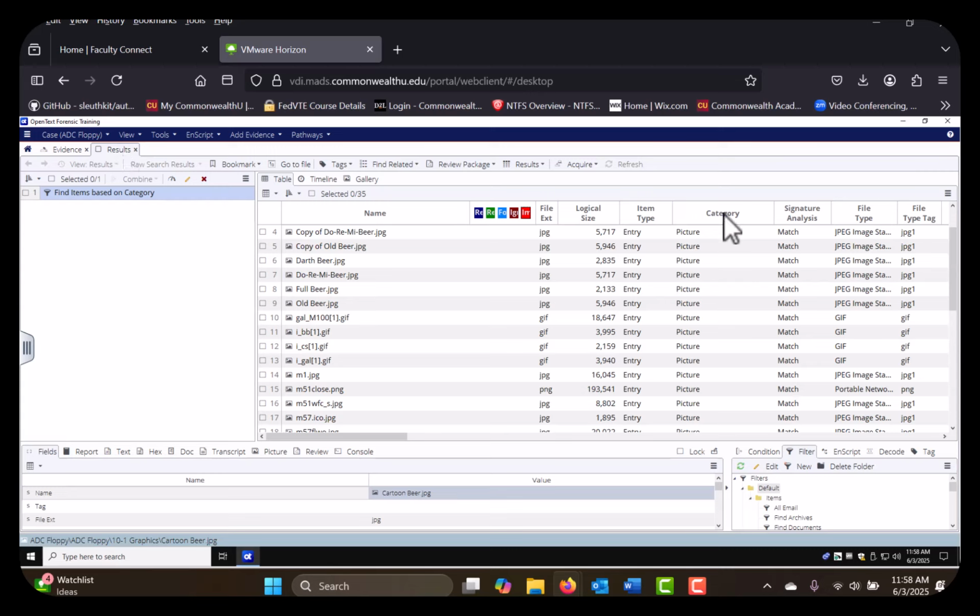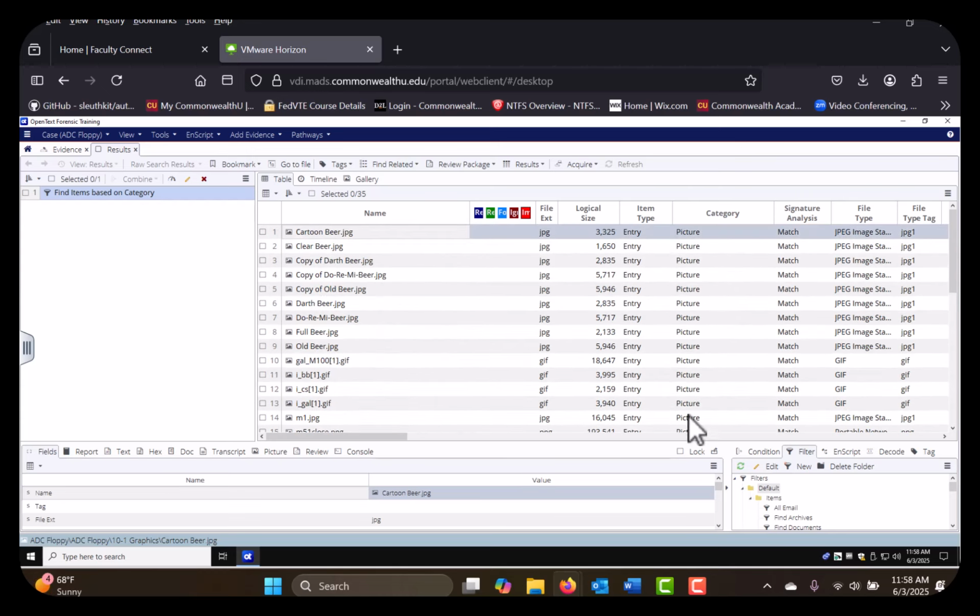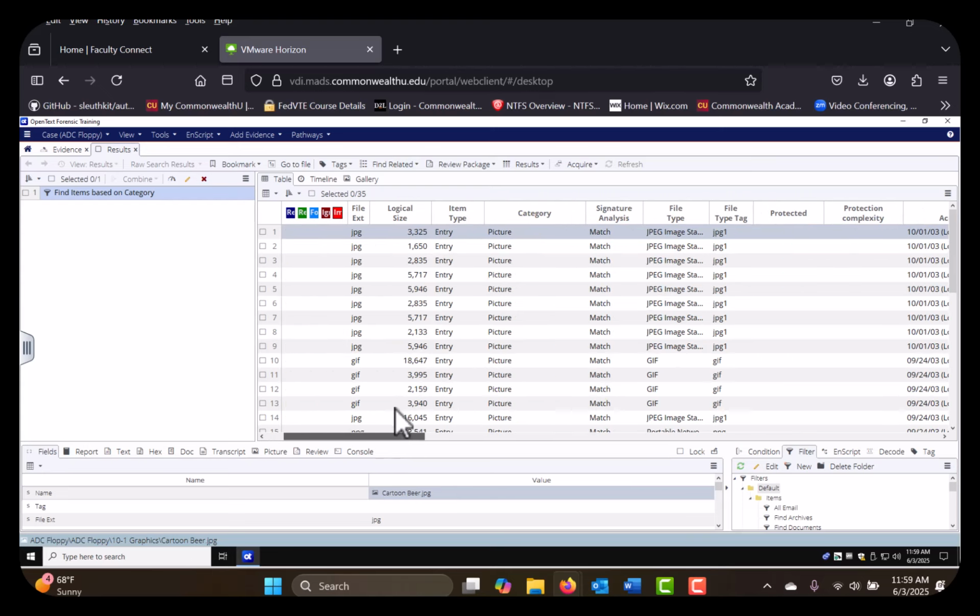And the category you can see is pictures. And this is all the pictures that it found. Notice the fields, right? We've got file name. Here's our bookmarks, our canned bookmarks, and we'll talk about them later. The file extensions, logical size, the item type, so it's an entry, the category, the signature analysis matches, which means